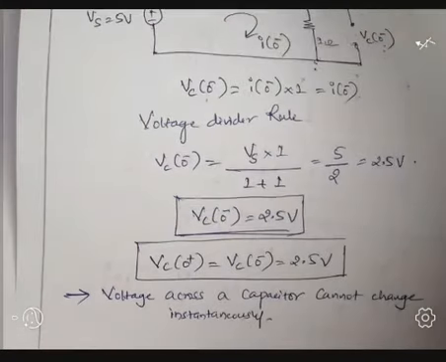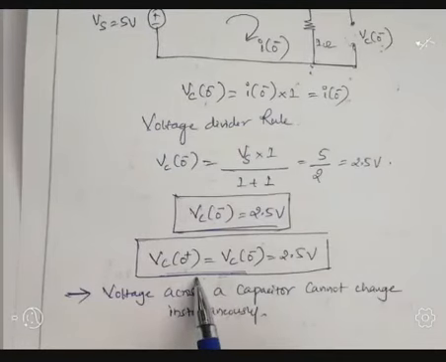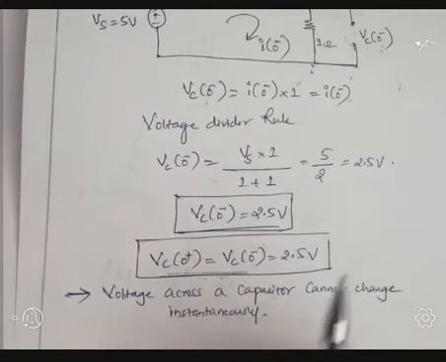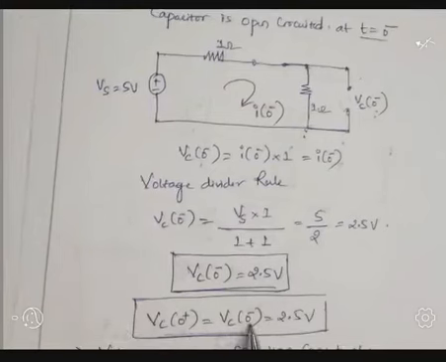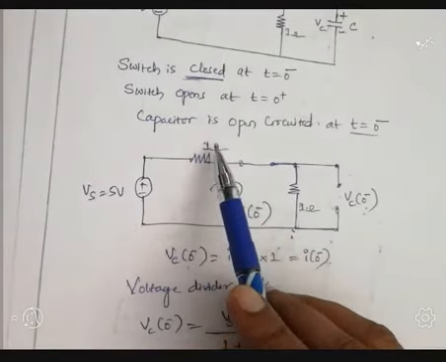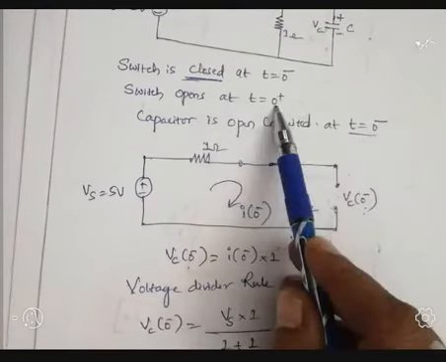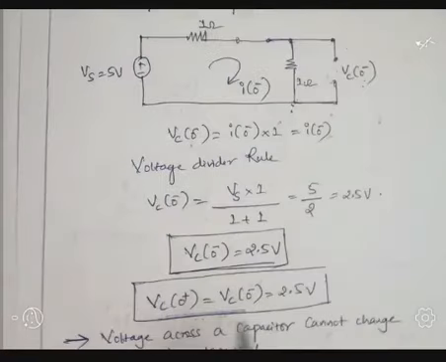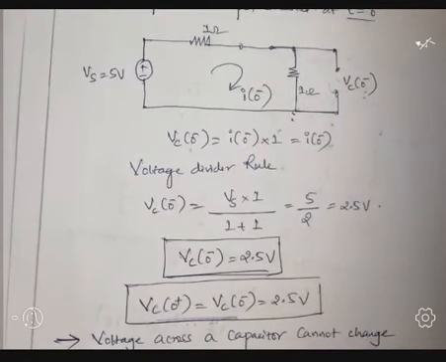From this result we can conclude that switch closed means t equal to 0 minus, and switch open means t equal to 0 plus. Both values are the same. It means when the switch is open at t equal to 0 plus, if the source is removed from the circuit,